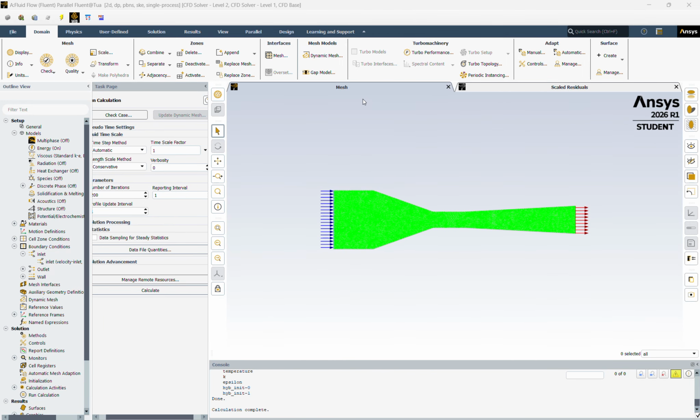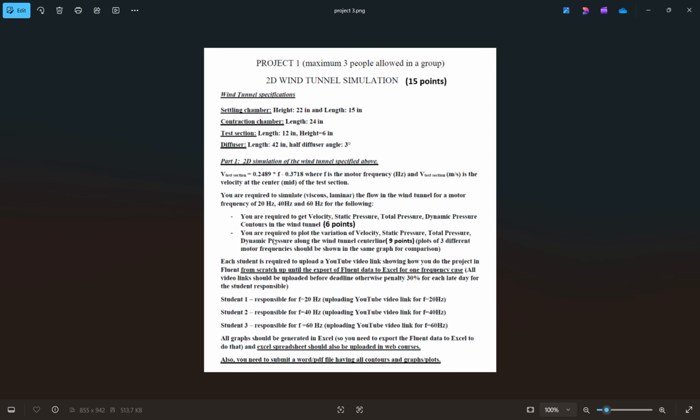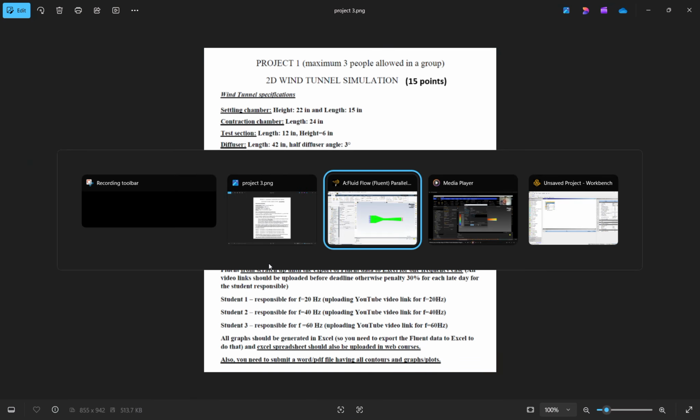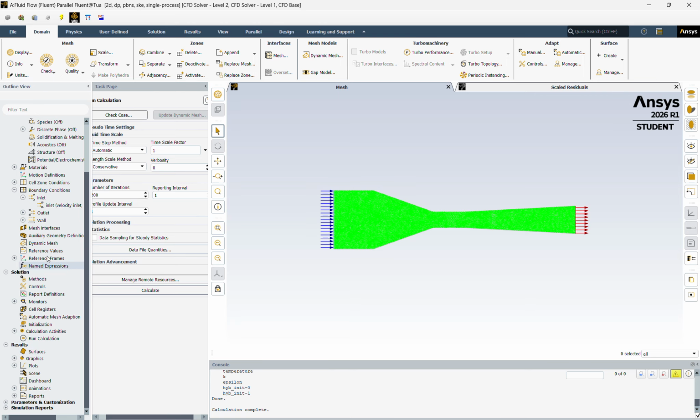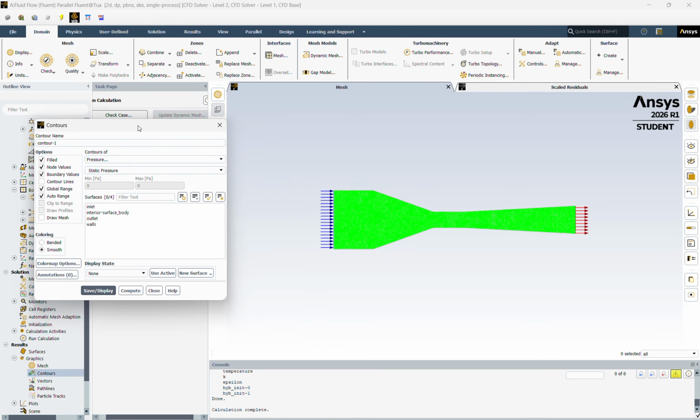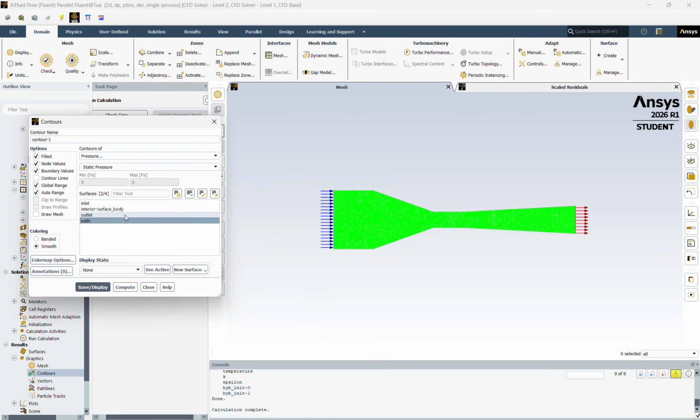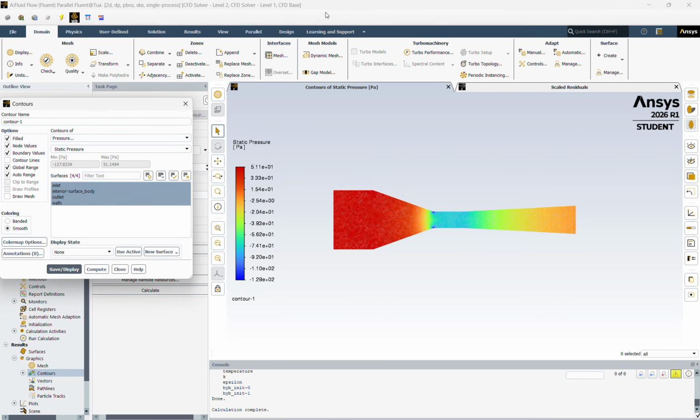Now for getting all of the different contours asked for in the project: static pressure, total pressure, dynamic pressure, and velocity, you go to contours, open that, and then select all your bodies, and then for static pressure,